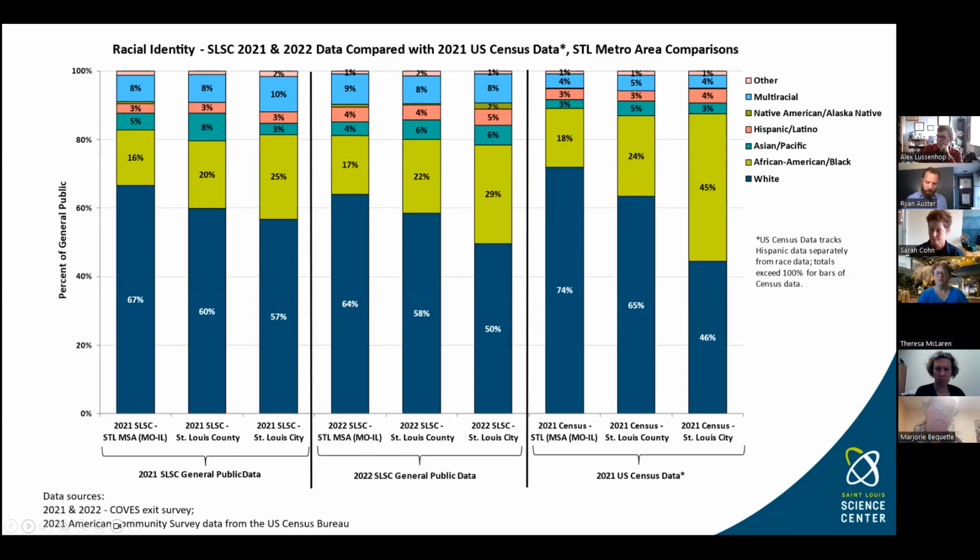You can see that 45% of the city is Black. We do not see that in our city visitors. Smaller percentage identify solely as Black. And even amongst, while we see more similarity with the county and the metro area as a whole,